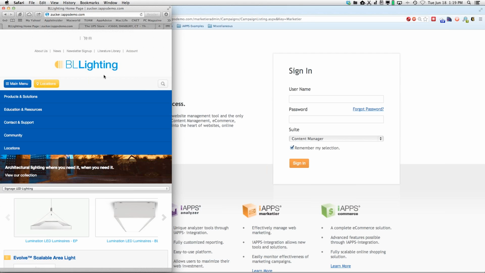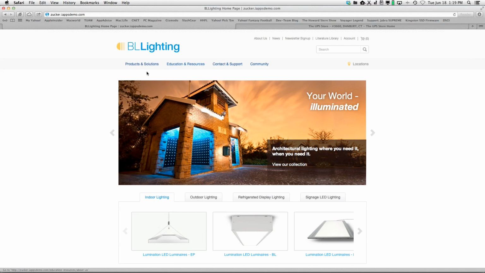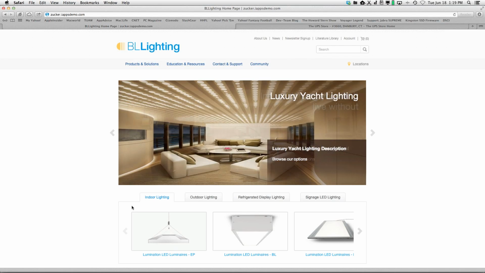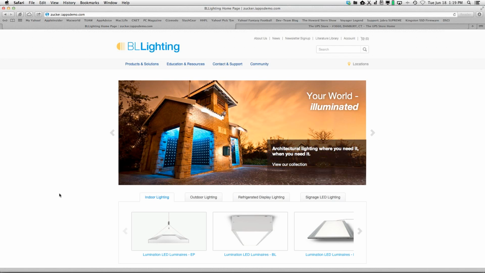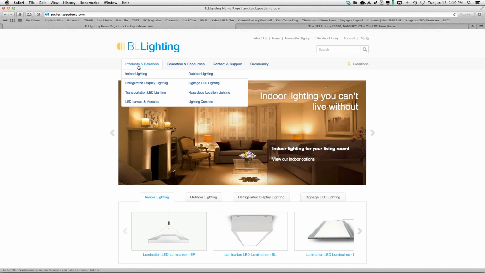So let's go ahead and start here for a second. Here's our fictitious lighting company demo site. One way that we target content is through this notion of responsive design. If you're not familiar with that concept, it's basically saying that based on screen size, the content, the positioning, the layout, and the information is going to adjust. If this is a desktop version, as I narrow my screen to simulate a mobile device, you'll see that the menus become touch-friendly. And if I look at it again full screen, it's going to show me